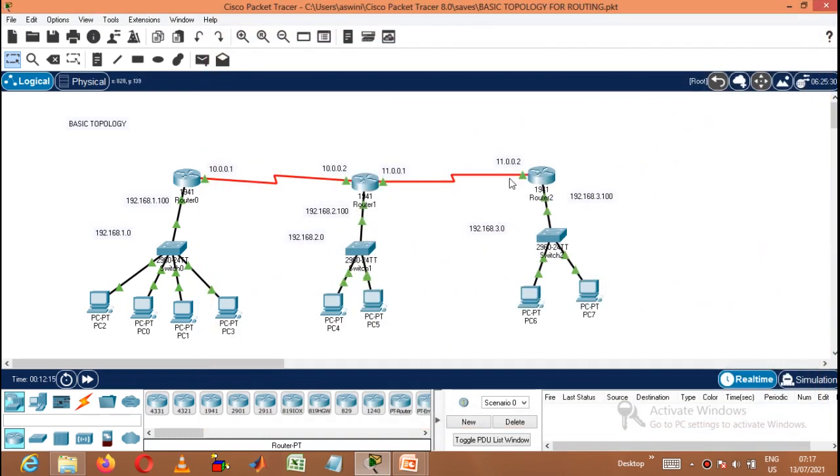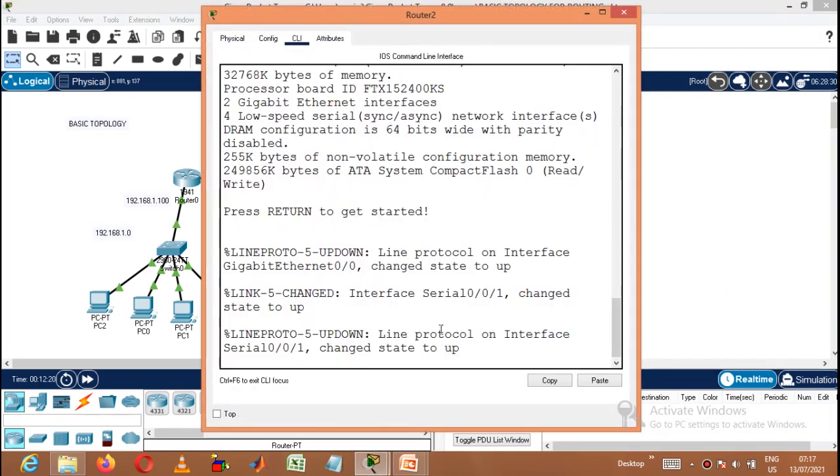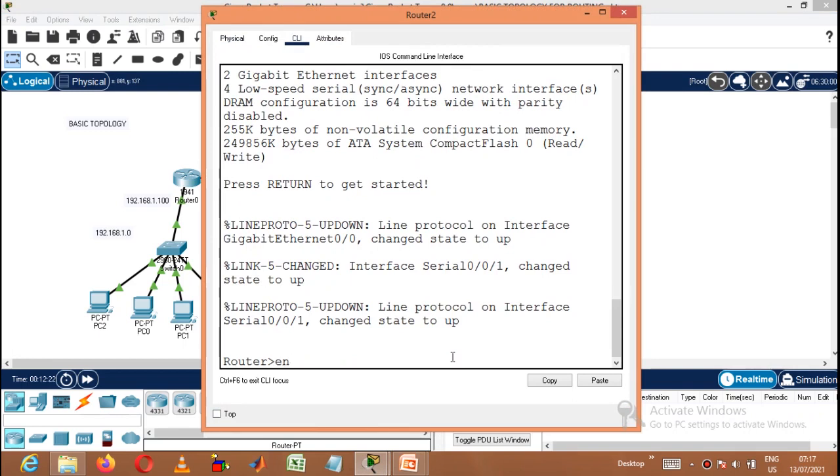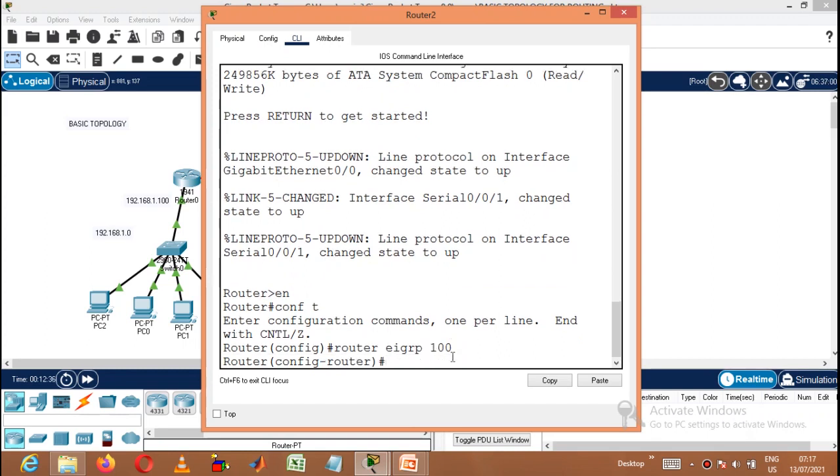So for this one it is the 11 dot network and the 3 dot network. Let us go to this router, and similarly first we'll go to enable mode, then configuration mode. Here I should write router EIGRP followed by the autonomous system number, which is 100. Very good. Then network